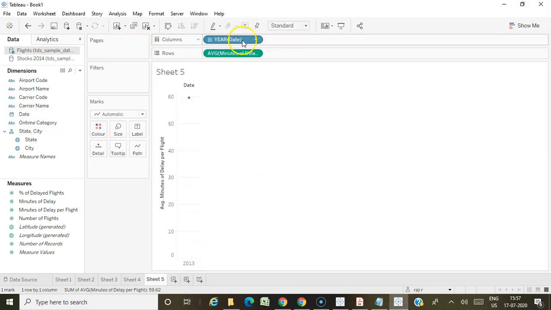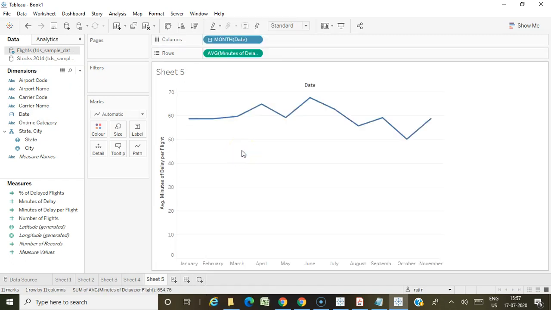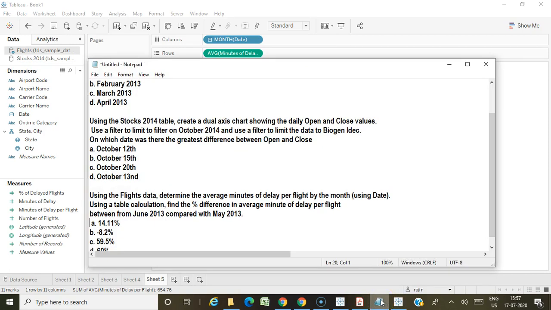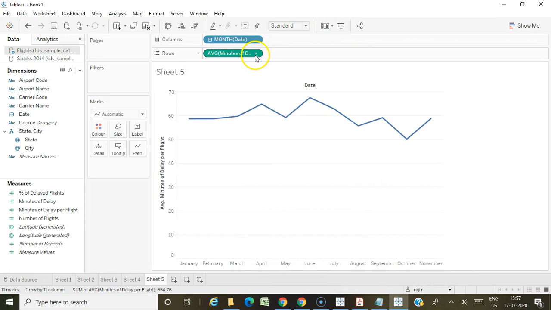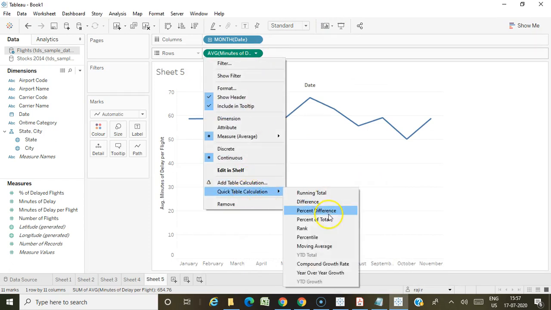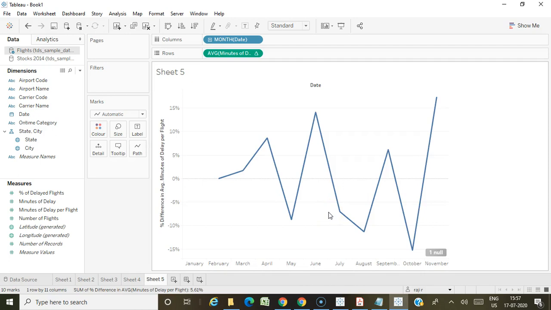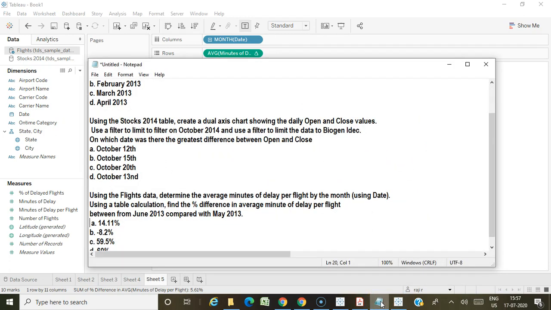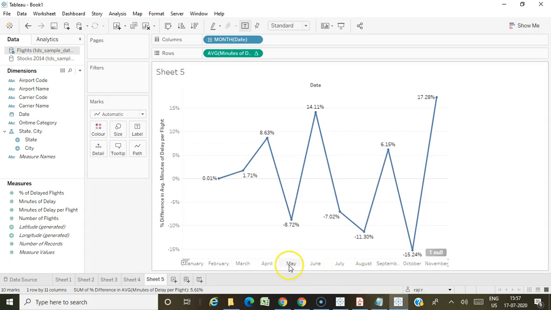The date column, month. So we have to use the table calculation to know the percentage difference, and then turn on the labels. They were asking to compare between June 2013 and May 2013. So the difference between May and June is 14.11%.